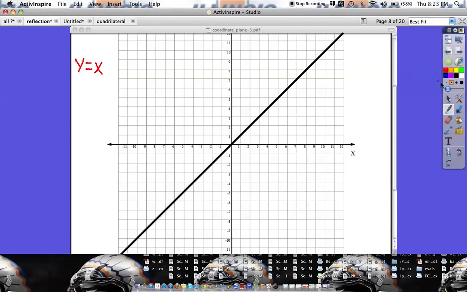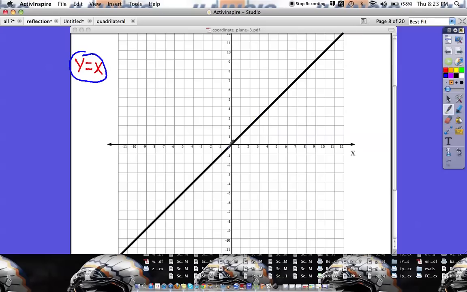The next reflection line we're going to look at is called y equals x. This is not horizontal or vertical, it's actually diagonal. And if you look at what it looks like here, and this is just something you're going to have to memorize, it's a diagonal line that goes through 0, and then it just goes 1 every time. So it's over 1, up 1, over 1, up 1, over 1, up 1. It just goes diagonally through